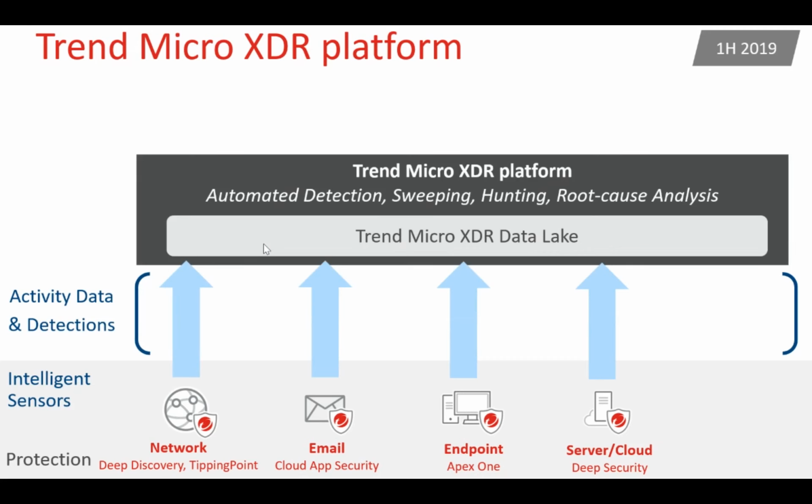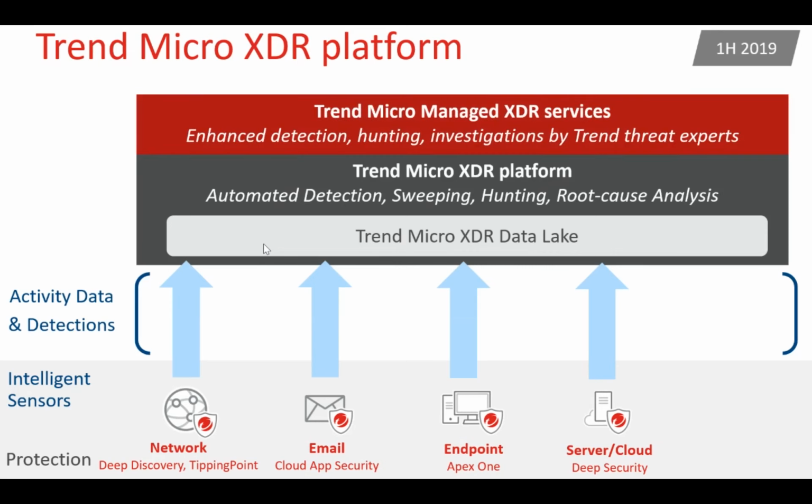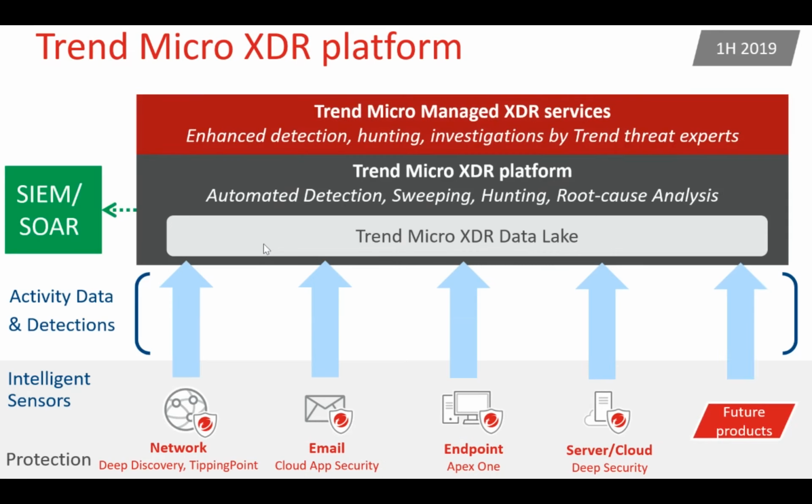So how does the Trend Micro XDR platform work? The XDR platform includes, as we discussed earlier, automated detection, sweeping, hunting, and RCA. In the Trend Micro XDR data lake, as I said, the metadata and all the telemetry data will be collected and retained, and the automatic sweeping and everything will happen there. And the managed XDR solution